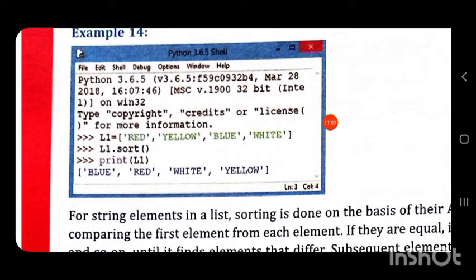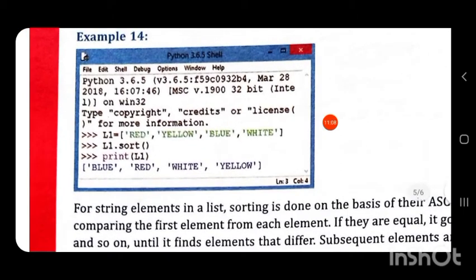First all the capital letters are given ASCII values, and after that the small letters come. So while sorting, capital Y comes before small a, and capital Z comes before small a.